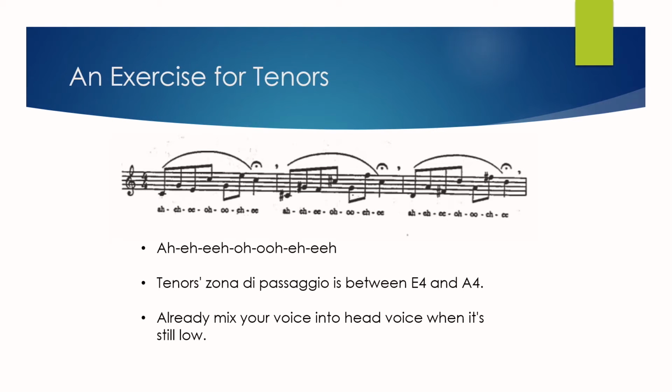Let's start the exercises. I'm a soprano, so I know it would be challenging for male students to imitate what I'm demonstrating. I will try my best to describe the mechanism as much as possible. The first exercise is particularly good for the tenor voice. The order of the vowels used in the first exercise is A, E, I, O, U, E. So, say the vowels with me a few times before you practice this exercise.